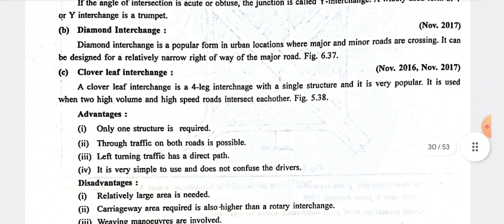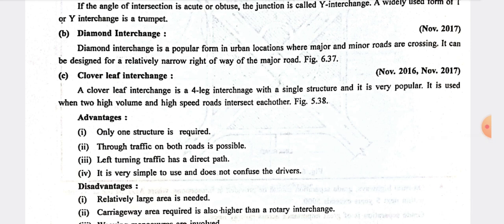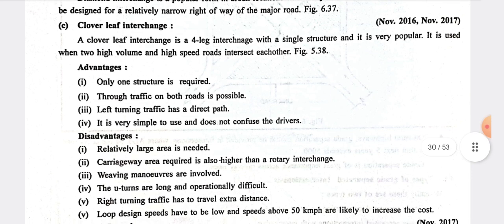Second is a diamond interchange. The diamond interchange is popular in urban locations where the major and minor roads are connected or crossing with each other. It can be designed for a relatively narrow right of way on the major road. We have already seen the diamond interchange figure above. Now cloverleaf